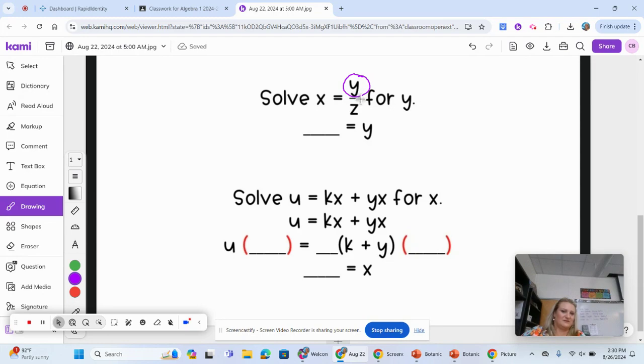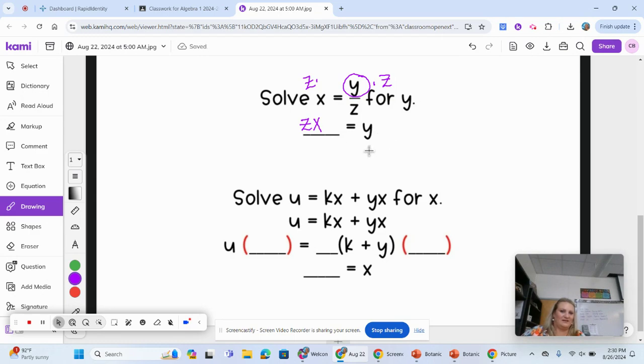If it's being divided by z, the opposite of being divided is to multiply. So you're going to multiply it, but you have to remember to do it on both sides. So this is going to be times z and times z. You don't have to write an x, because that's not going to look the way it should. So put zx